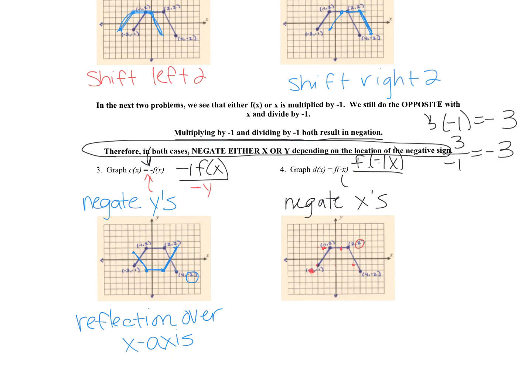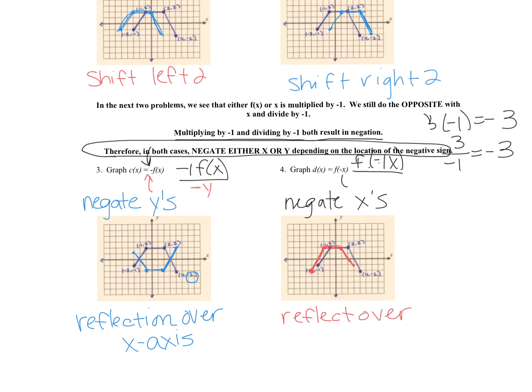So I'm going to erase a little bit of stuff just so it's not complicated. Okay, so those are my new 4 points. I'm going to connect them. And because the graph is a little bit symmetric over the y-axis, it's a little bit hard to see on this one, but basically what happened is by making those x's negative, I reflected